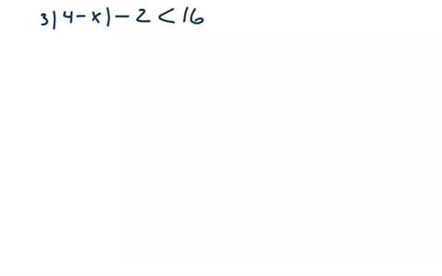Alright, let's take a look here at 3 times the absolute value of 4 minus x, minus 2, is less than 16. Same thing, we always want to get absolute value by itself, so I'm going to add 2 to both sides. I'm going to get 18